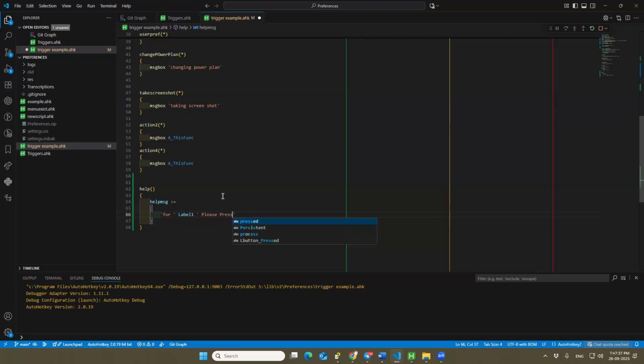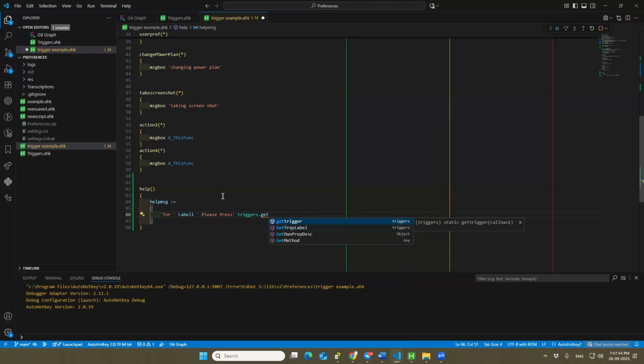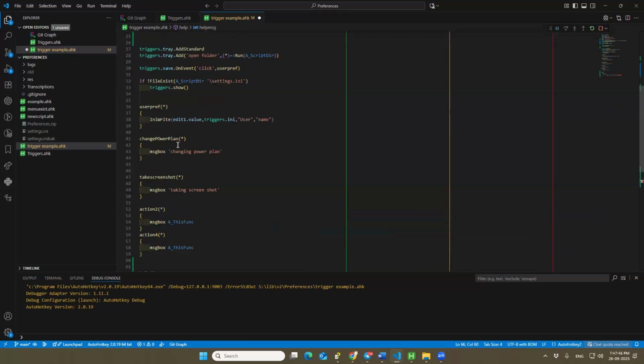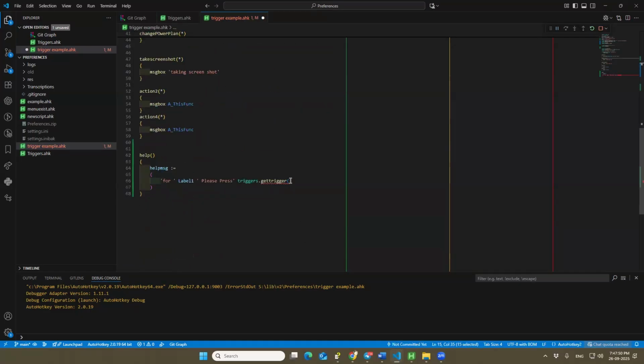Please press triggers dot get label, and I want to do that callback that I'm using with that label 1, and I can do this,